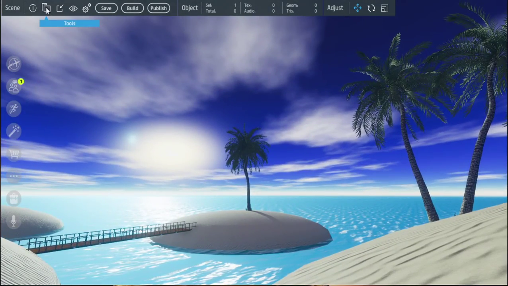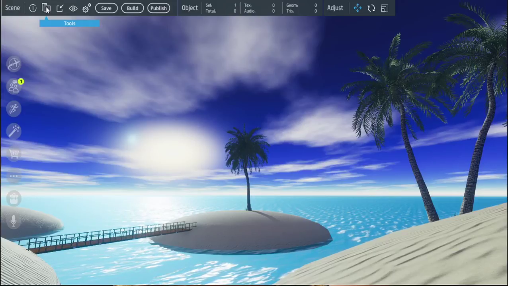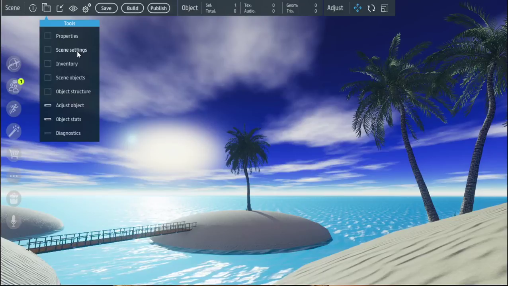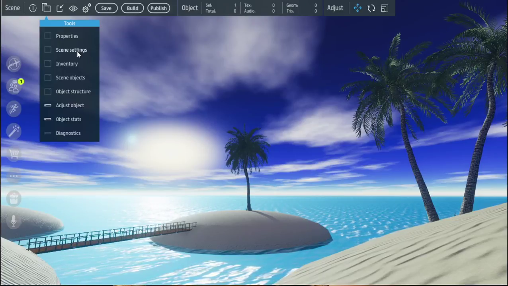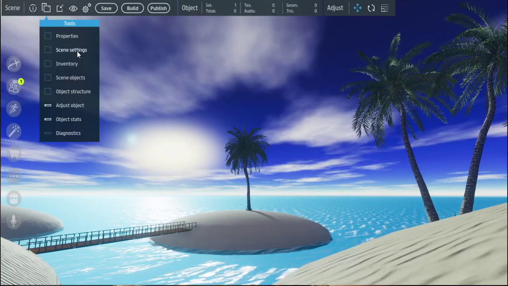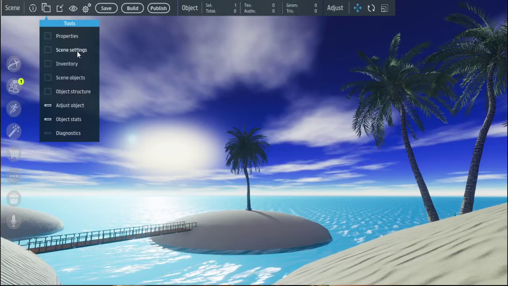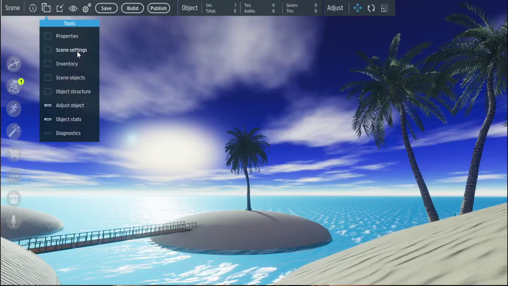Let's go look for another skybox. So we're going to go into Tools, go into Scene Settings. Okay, so of everything that you put in the scene, the skybox and sounds are not in. Wait, let me back up a little bit. The skybox settings are in the scene settings. Anything that you add into your scene as an object will be in your